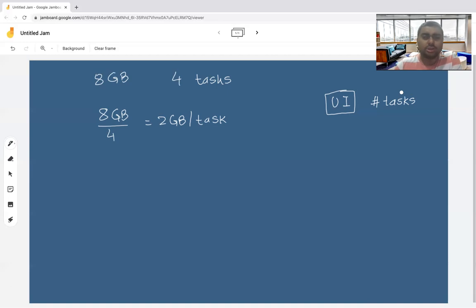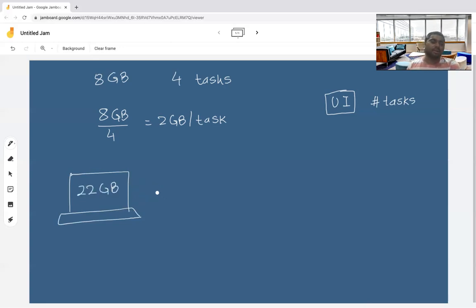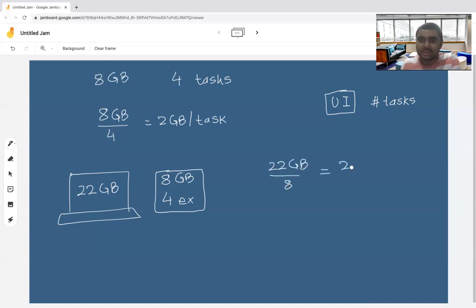The next thing to talk about here is your requested memory. The executor memory should also be a close multiple of the total memory a machine has. Let's say I have one machine, one of the machines in the cluster, and it has 22 GB of RAM. One option is, let's say I want to run 4 executor cores and give 8 GB of memory, which simply means I'm giving 2 GB of memory per task. Now, if you divide 22 GB by 8, you will get 2 executors. And after you get 2 executors, there is 6 GB of memory left on the machine.